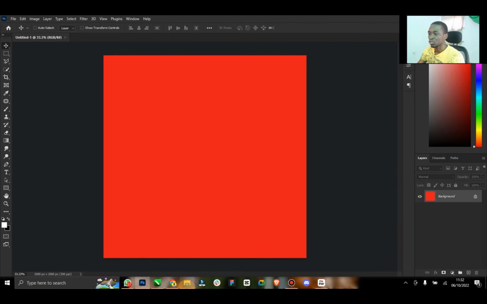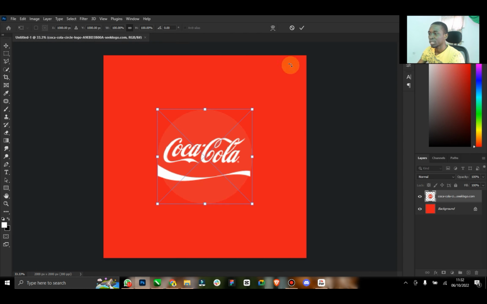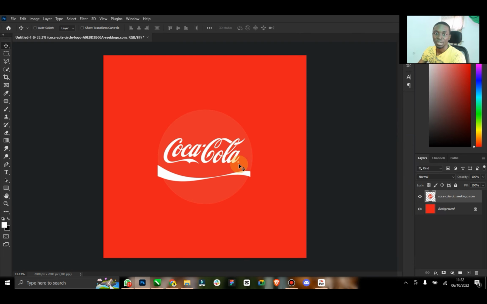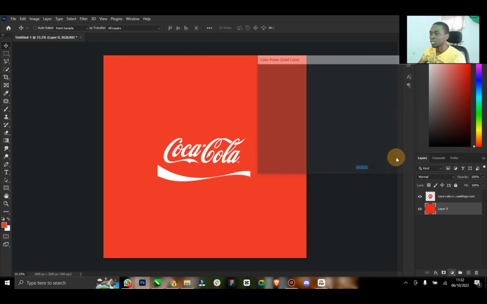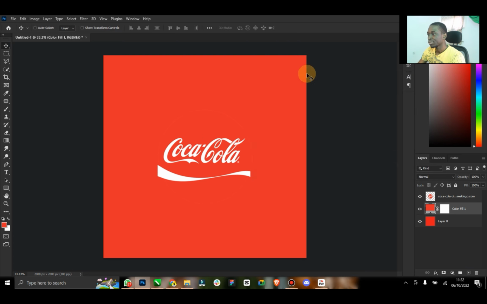So the next thing we're going to do is bring in the logo. This is the logo. For some reason, I think the red we chose is actually more Coca-Cola than the logo itself. I don't know, but let's pick this color. So go to your adjustment layer, solid color, and this is the color of the Coca-Cola logo that we're able to extract from the icon. So yeah,